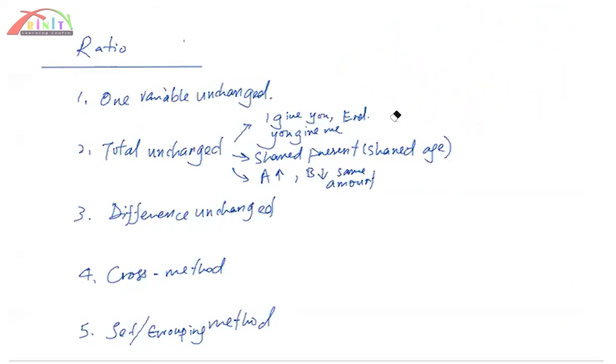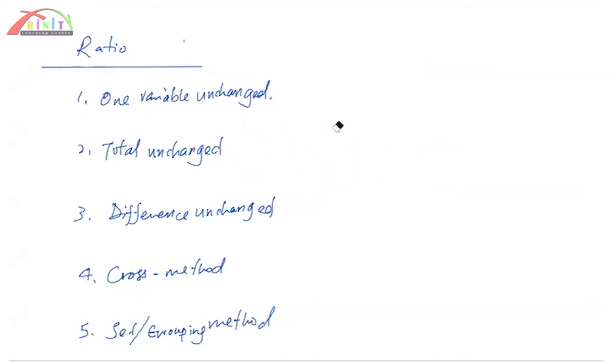Now we go to difference unchanged. For difference unchanged, as the term suggests, it means that the difference remains the same. And what are the types of difference unchanged questions? Again, there are 3 types. The first one is known as same increase. The second one is known as same decrease. And the third one is